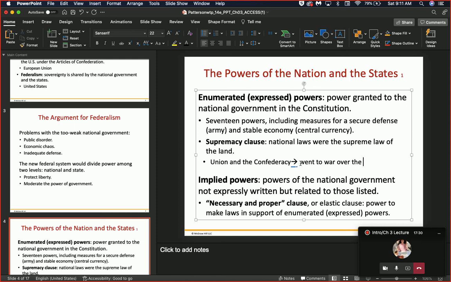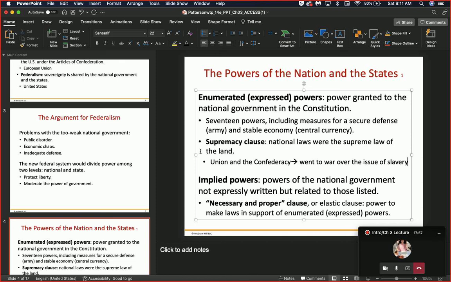whenever they went to war over the issue of slavery. Okay, we did have the issue of states' rights in there too, but everyone's usually familiar with the issue of slavery, right? The Union versus the Confederacy. Basically, the Union was telling the Confederacy, you cannot have this institution of slavery. It is not humane. It is not what we want in our nation. And so they went to war over this issue.